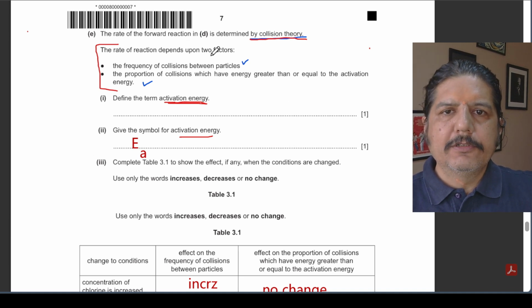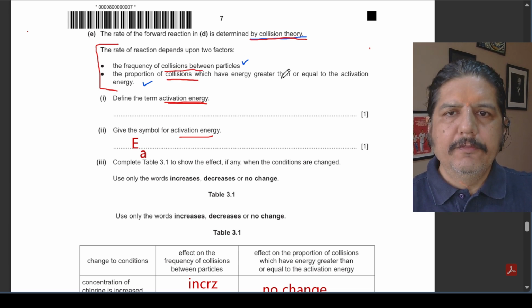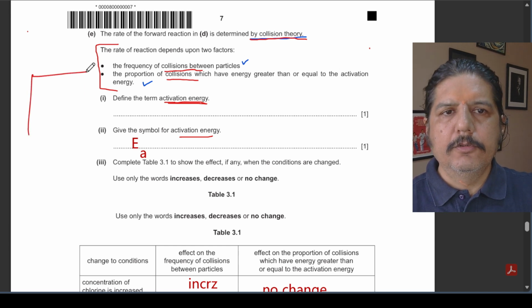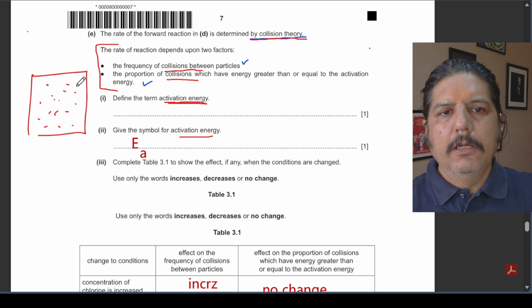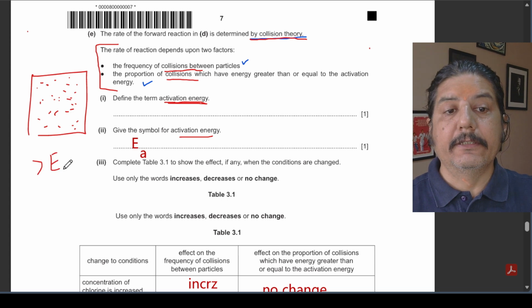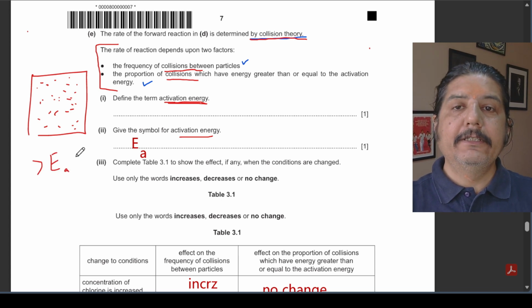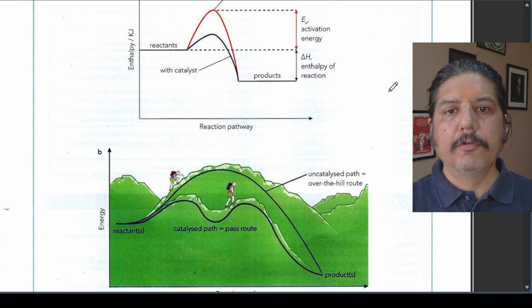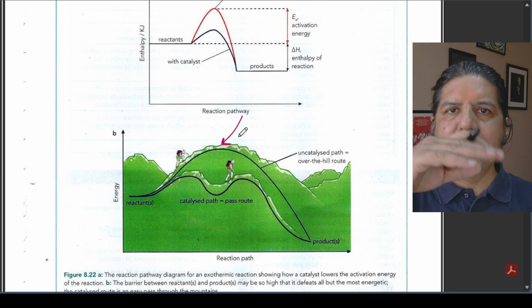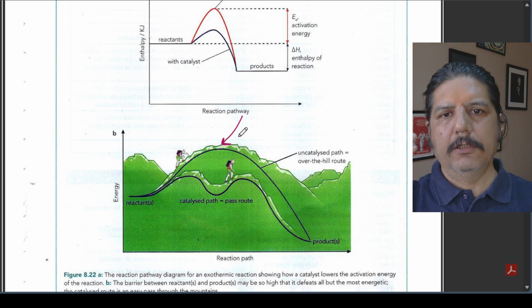So rate of reaction depends upon 2 factors: frequency of collision between the particles, and proportion of collisions which have energy greater than or equal to the activation energy. So you might have a container where there are these particles, but not all the particles would have energy more than the activation energy. This activation energy is a sort of bump that each reaction has to cross before the reaction can take